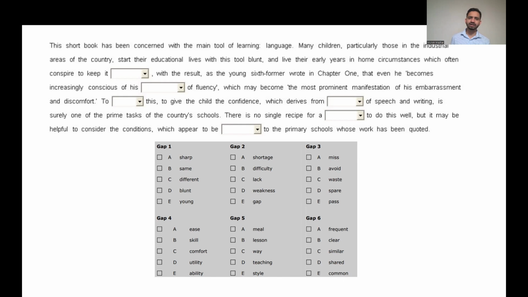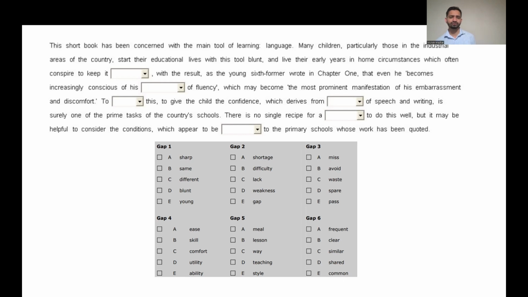These children. Many children, particularly those in industrial areas of the country, start their educational lives with this tool blunt. So these children are blunt, and their early lives in home circumstances, which often conspire to keep it blunt. So, with the result, as the young sixth former wrote in chapter 1, that even he becomes increasingly conscious of